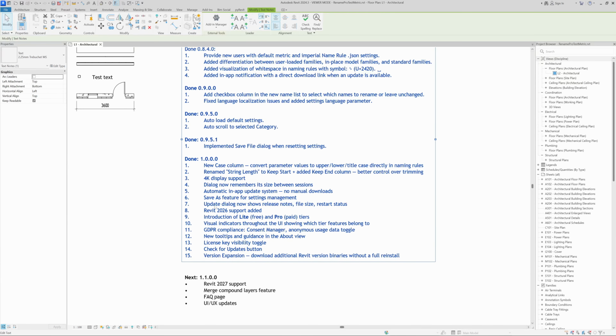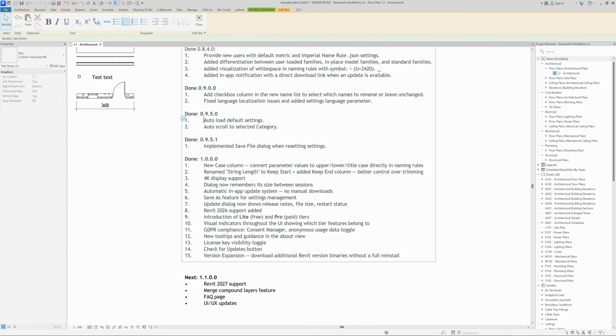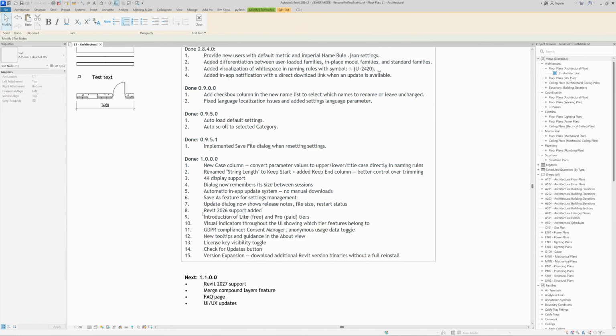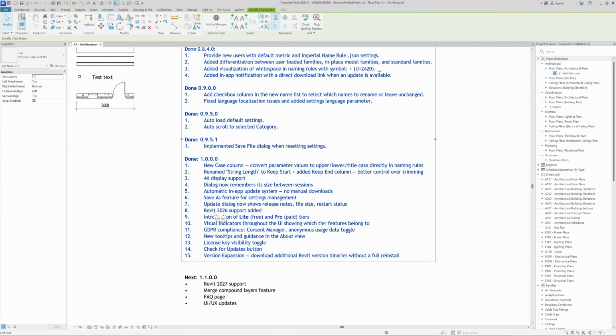Then we have update dialog, shows release notes, file size, and restart status. Okay, I already showed that. Update dialog has that information. We also added Revit 2026 support